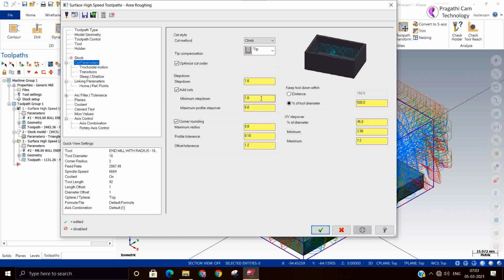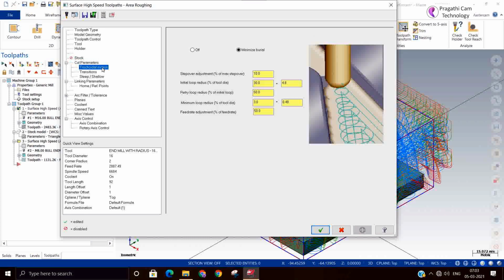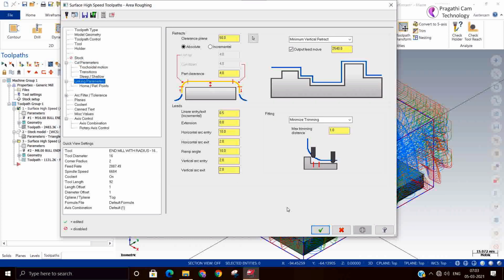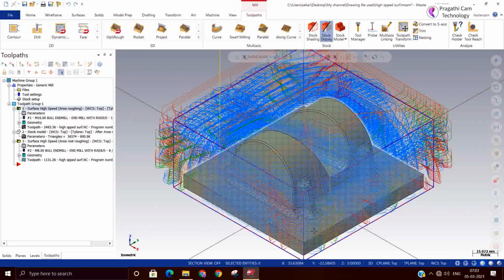In the profile and shallow area it adds the additional cuts. At a sudden change in direction, it automatically adds some radius. Motion is always trochoidal motion. Remaining things are similar to the previous one.